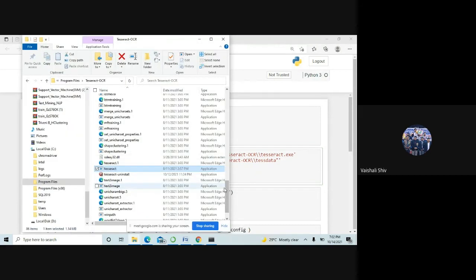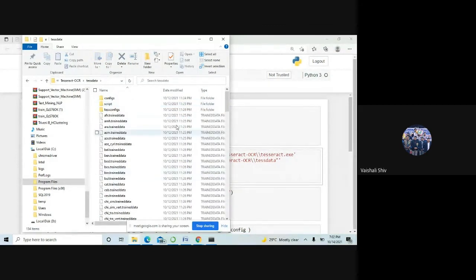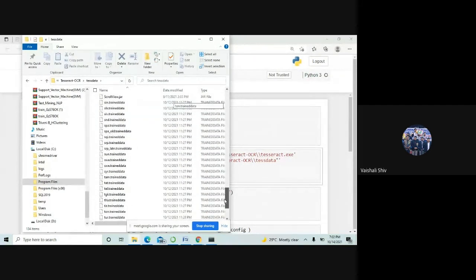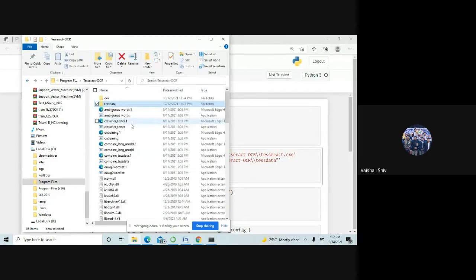Once you have done that, you have to go upward and see this folder, tessdata. I told you this tesseract has been trained on many languages, so it will not only detect English, but also certain other languages it has been trained on. So you have to go to this folder and copy the path of this folder.